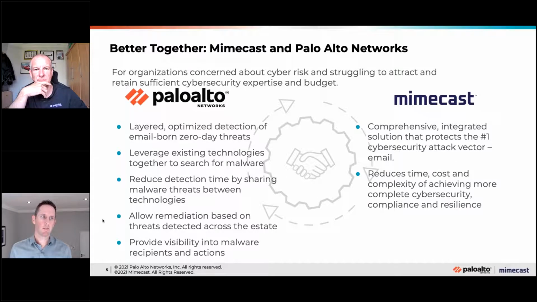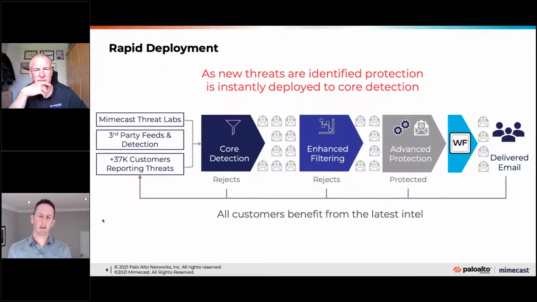Sure. Let's jump into what this looks like. And for any of the Mimecast customers on the call, this is in effect what an email goes through. So it comes in, and we've got our threat labs, which are constantly looking for new styles of threats. We do rely on third-party feeds and detections to come back in as well. And then anything that our customers are seeing, very similar to Wildfire, which Simon will expand upon a lot, feeds into our core detection stack, which means that we're rejecting a fairly high percentage of the emails very early on. We then move into the more enhanced filtering, which is trying to weed out all of the, let's call them, low and slow style of attacks.